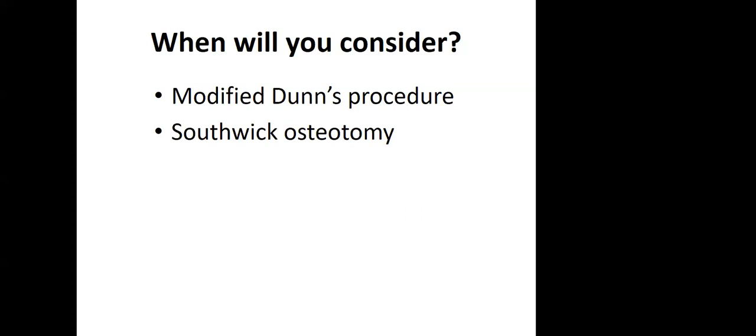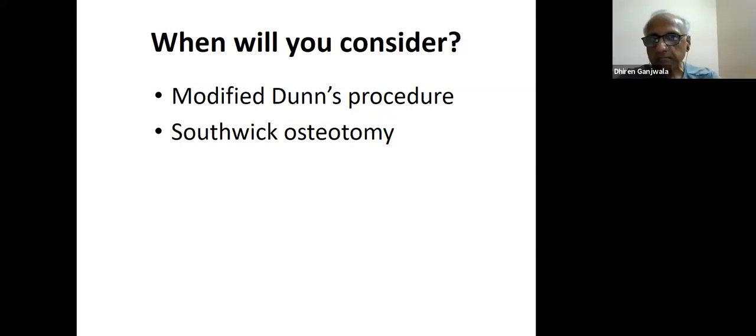In severe slip. Yes. For unstable slips. Unstable slip. It's basically when there is a severe slip, because if you don't carry out a reduction, the metaphyseal portion will go on abutting the labrum and will initiate the articular cartilage damage and will lead to osteoarthrosis. So in that case, to reduce the slip angle, we go for this modified Dunn's procedure.